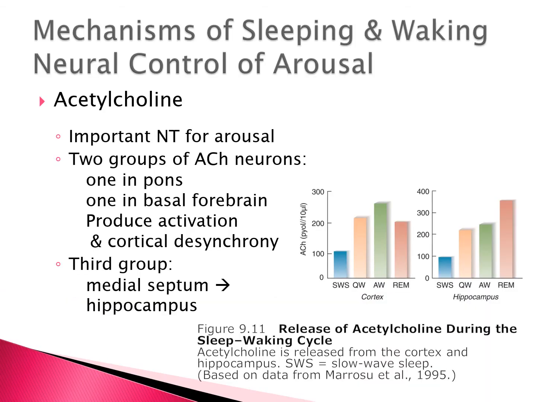We started with acetylcholine. I'm repeating this slide because in the one class we got interrupted in the middle, and in the other class we did finish this slide, but I'm just going to put us where we were, at starting to talk about the neurochemicals themselves. Before, we talked about the brain structures and which neurochemicals they were producing and which brain structures they were communicating to. But now we're going to go through some neurochemicals.